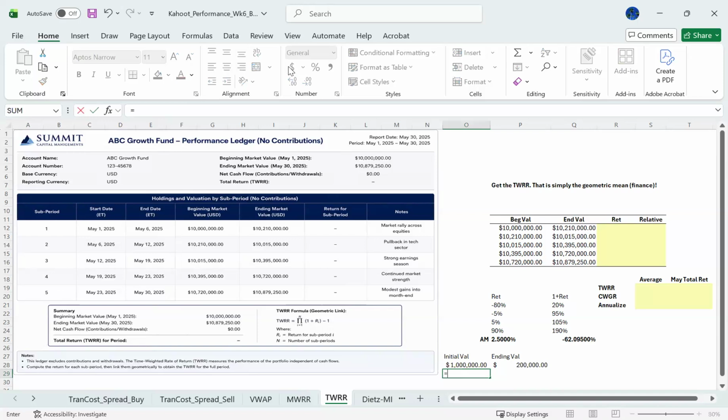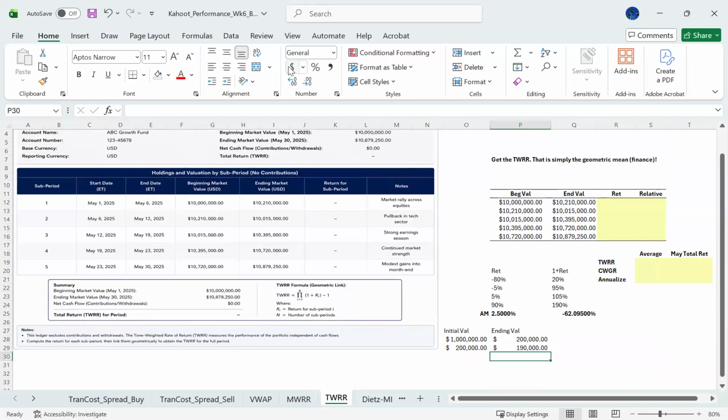What is the initial value of the next period? Well, the ending value. Now, what about now? You multiply this by that 90%, you lost 5% of the 200,000. So now your portfolio drops to 190. Okay, so the next period you started with the 190,000, and by the end of that period, now you finally start getting this 5%, which means that 190,000 will grow by a factor of 1.05, or 105%. Means it's going to move from 190 to